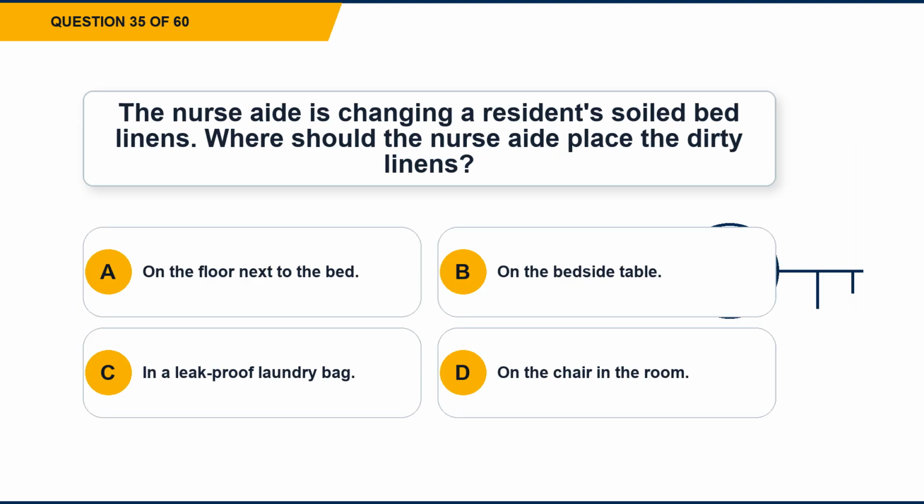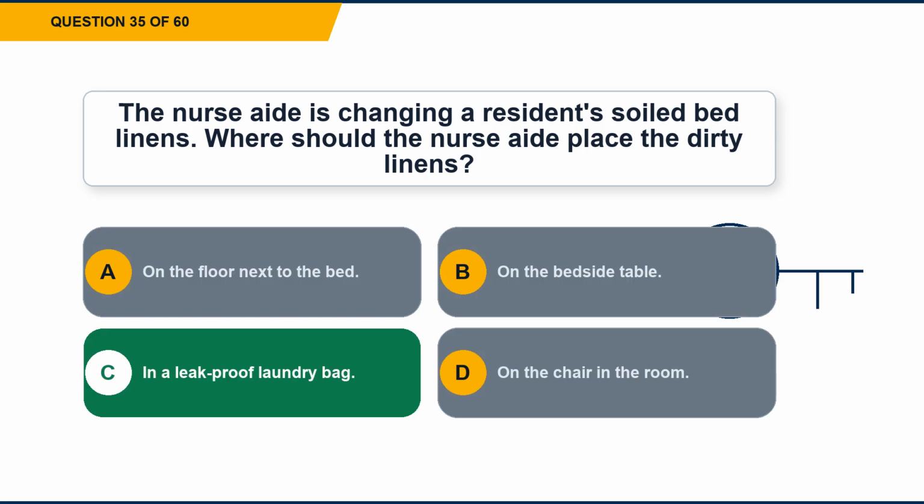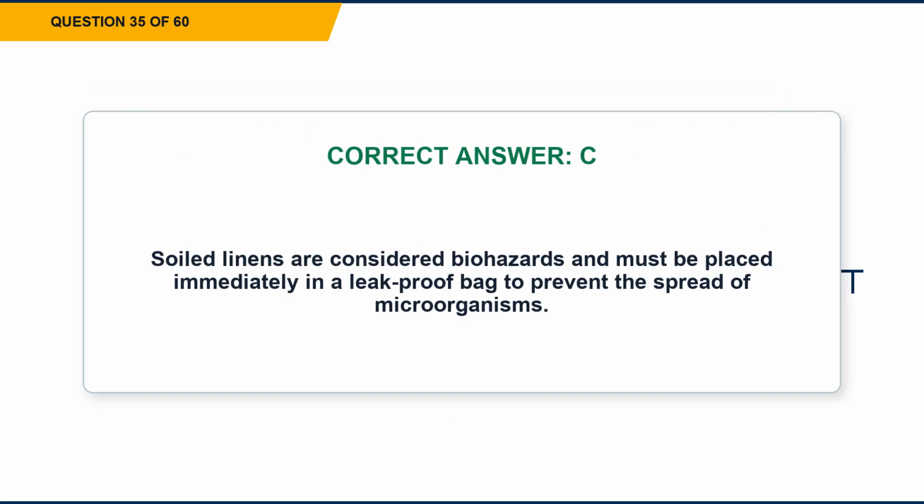Question 35. The nurse aide is changing a resident's soiled bed linens. Where should the nurse aide place the dirty linens? Option A, on the floor next to the bed. Option B, on the bedside table. Option C, in a leak-proof laundry bag. Option D, on the chair in the room. The correct answer is option C, in a leak-proof laundry bag. Explanation. Soiled linens are considered biohazards and must be placed immediately in a leak-proof bag to prevent the spread of